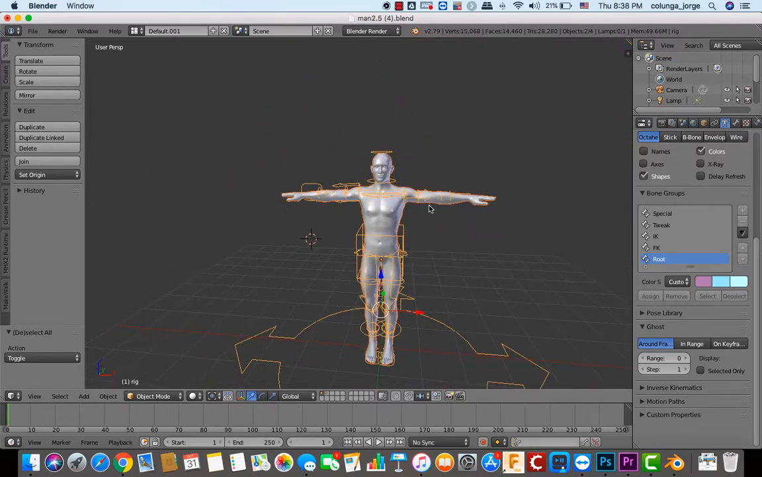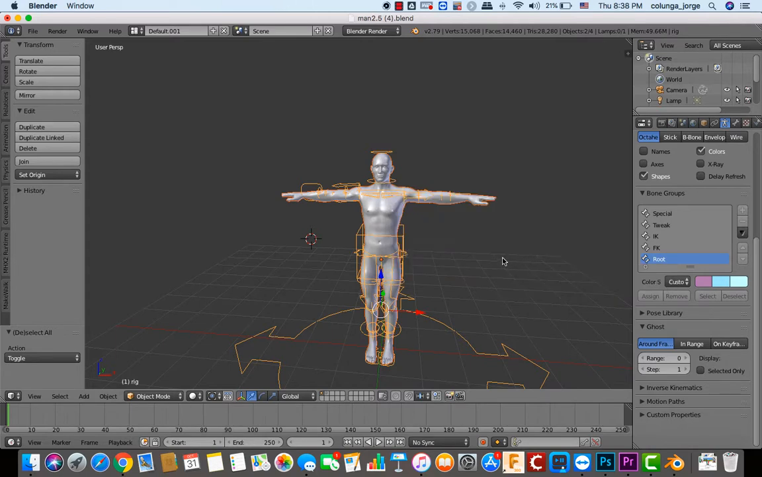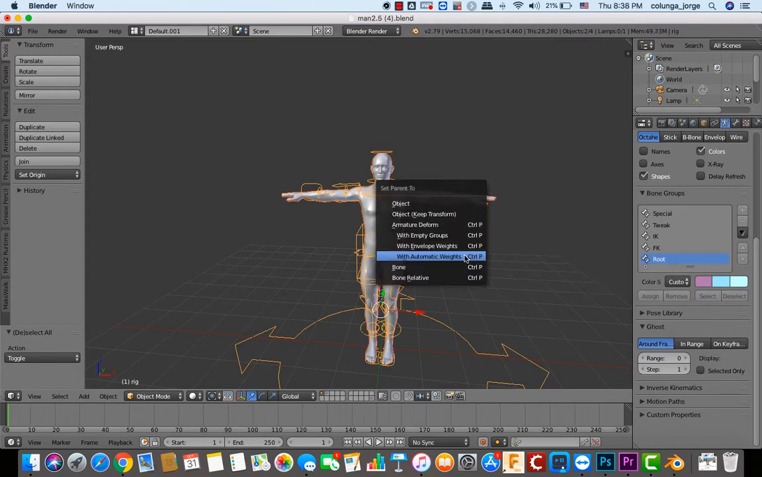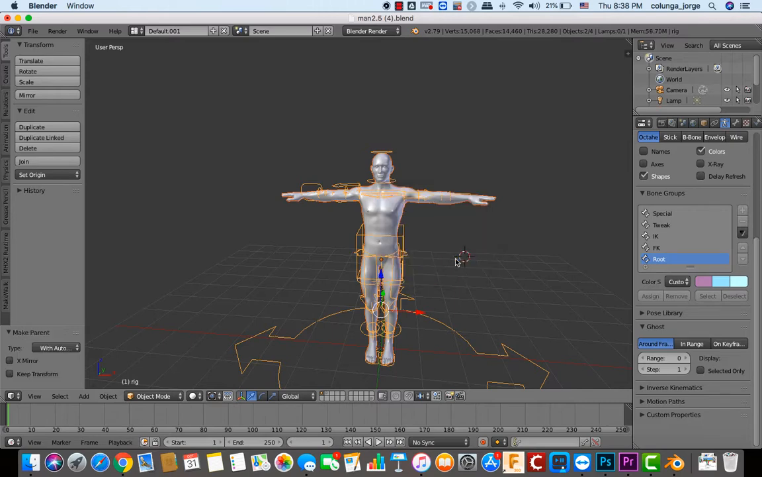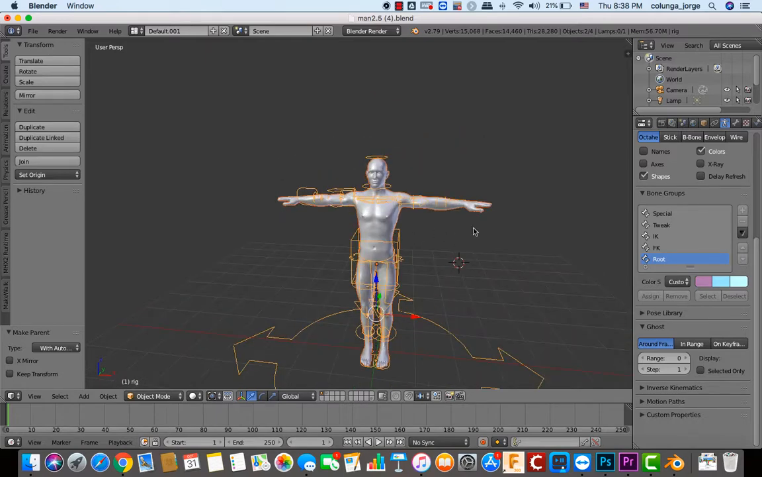So what you are going to do is that we're gonna press Control P to parent the armature with our human, Control P, and we're gonna select the option that says with automatic weights. We have to wait just a little bit. When you're done,